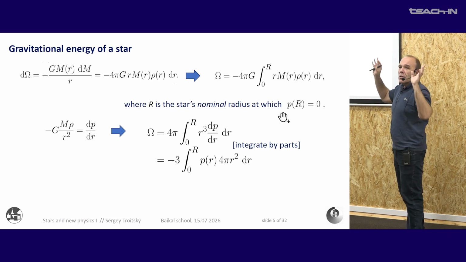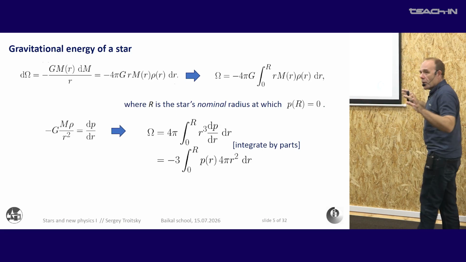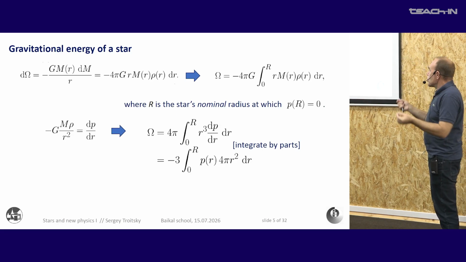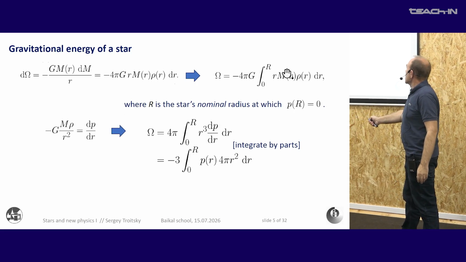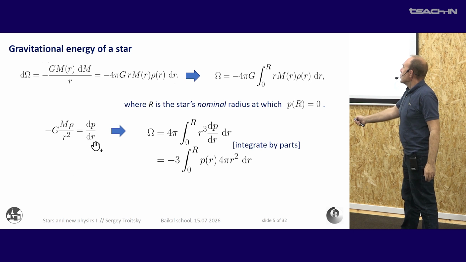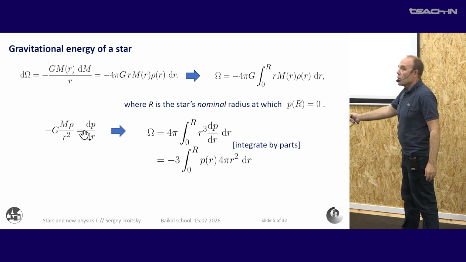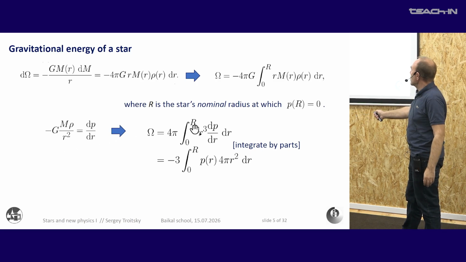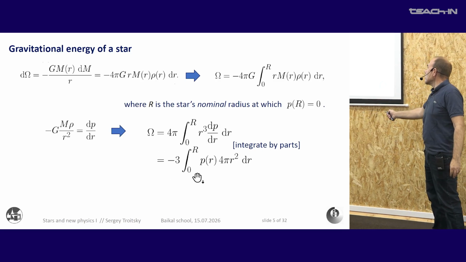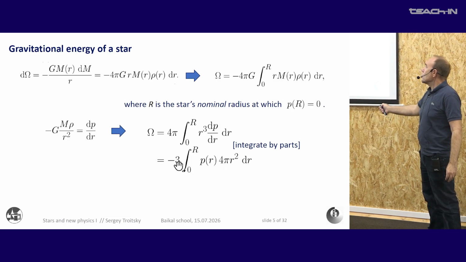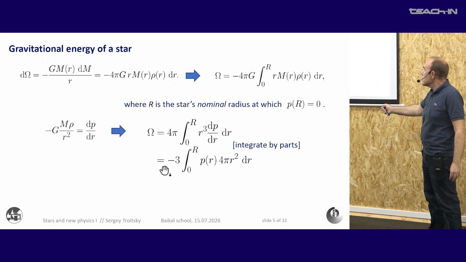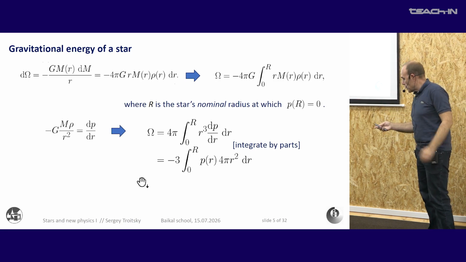This is not a real stellar surface. Okay, we write this omega. We use this hydrostatic equilibrium equation and integrate by parts to express this omega via the integral of the pressure, with a notable coefficient of -3, which is very important for stellar physics, because